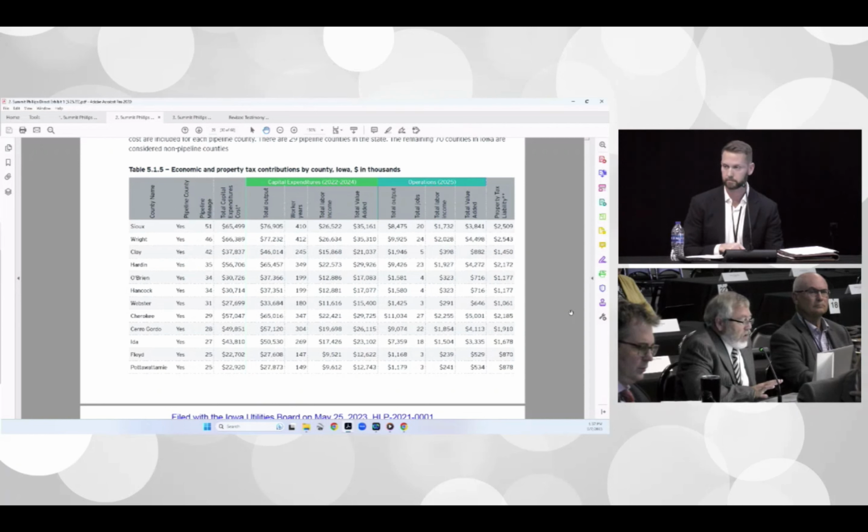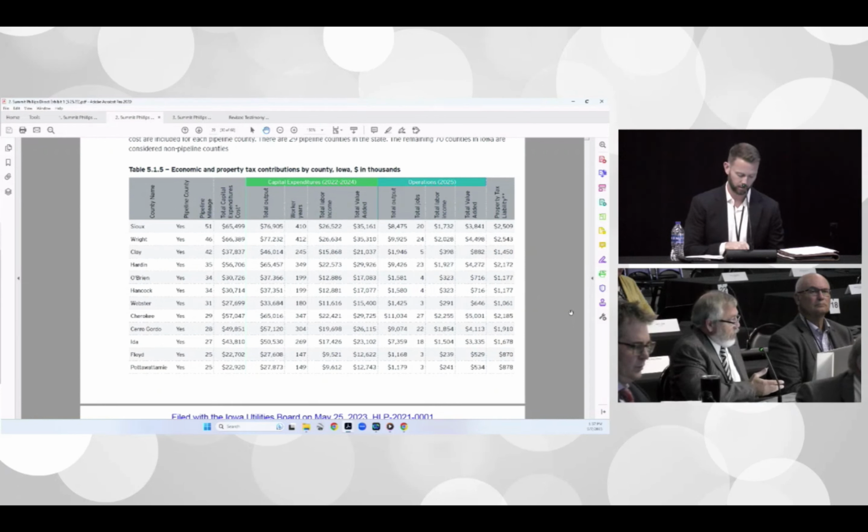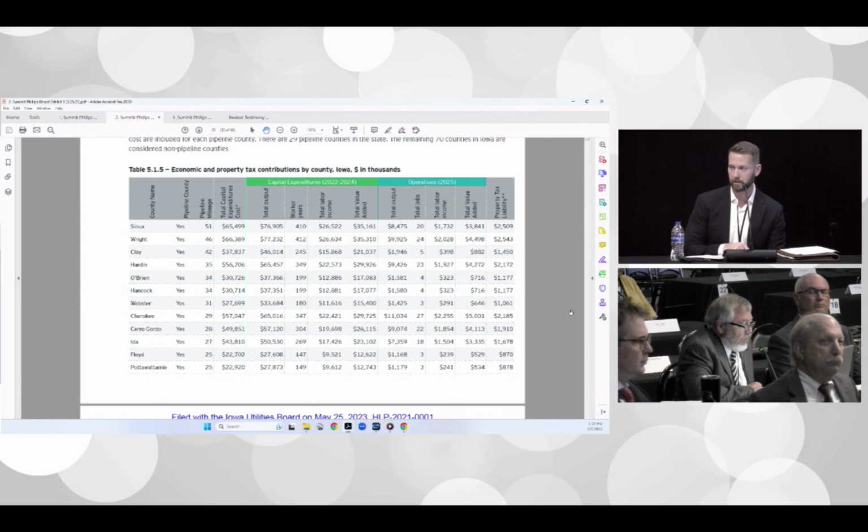Now, help me understand the difference between that 56 million as a total expenditure and 65 million as a total output. Can you define total output and then explain the difference? Yeah. So total output includes the direct, indirect, and induced effects. So I would sort of describe it as if you spend $56 million on facilities and pipeline in the county,